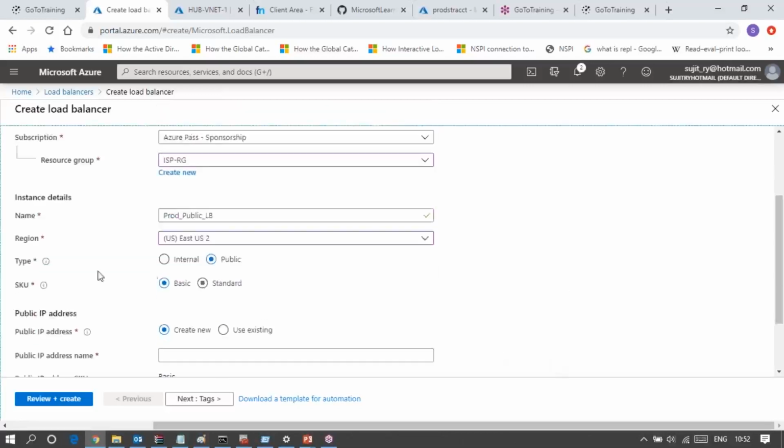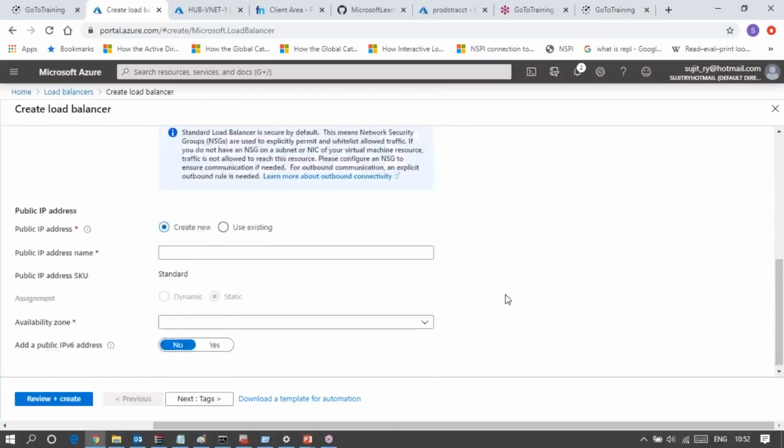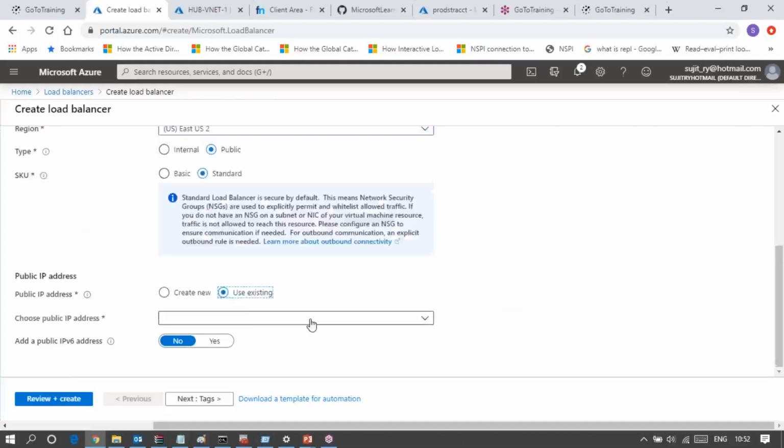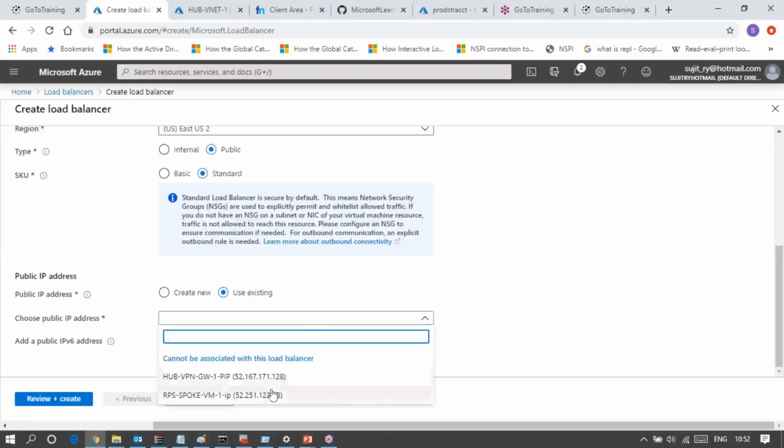So East US 2. Now the type is internal or public. Obviously I'm choosing public. SKU is basic or standard. I will go with standard so that I can find more information here. Public IP address: let me choose an existing one. Do I have the hub spoke VM IP?